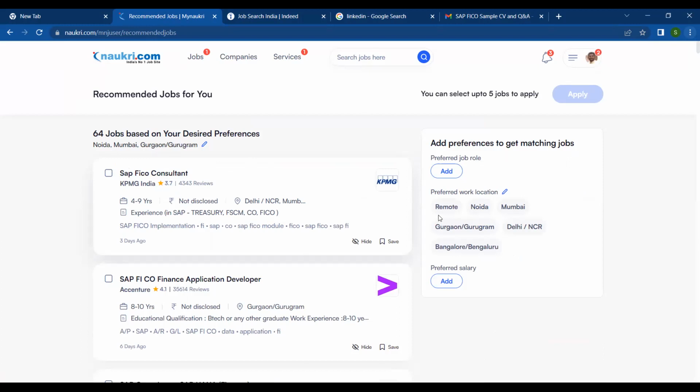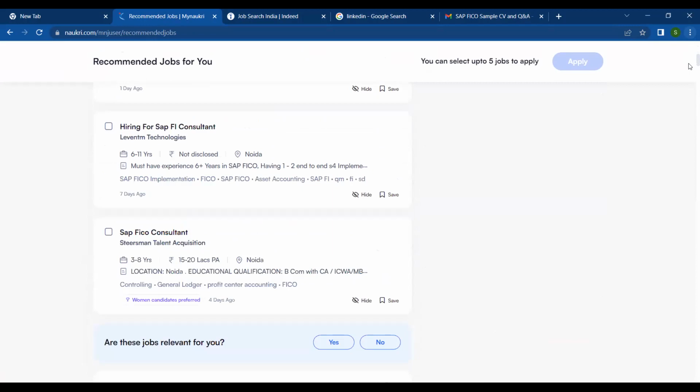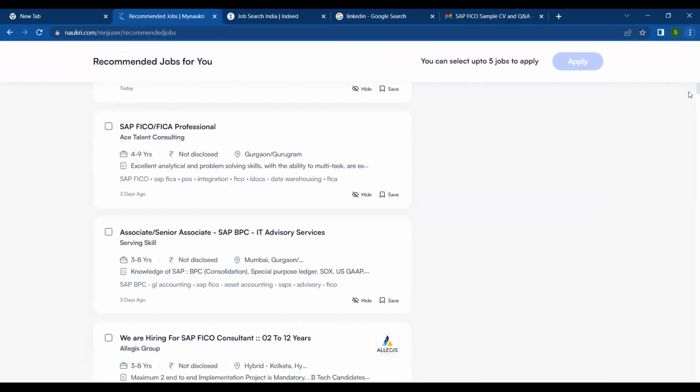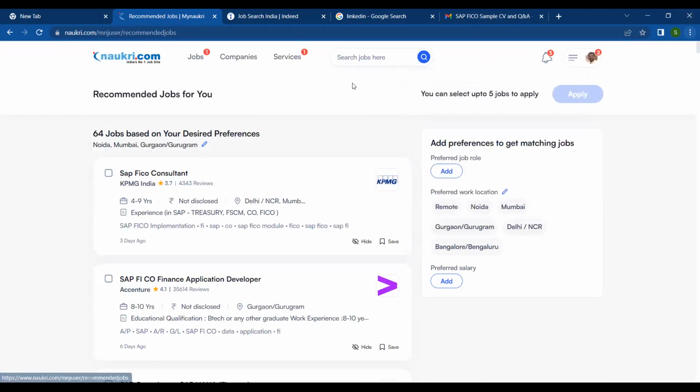It says there is a requirement at KPMG India. They need 4 to 9 years of experience. Here you can see the list of jobs. You need to look at the freshers. Search for job.